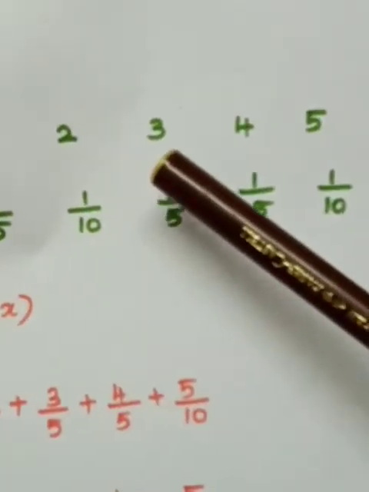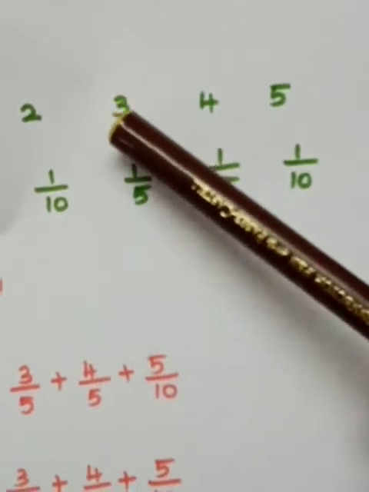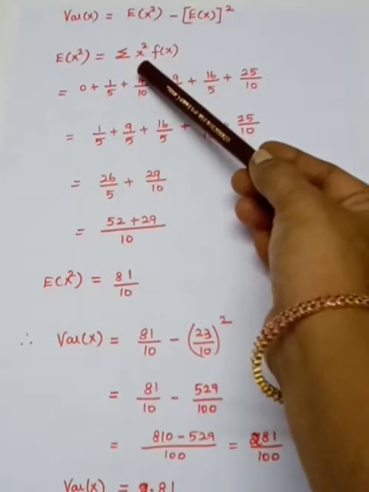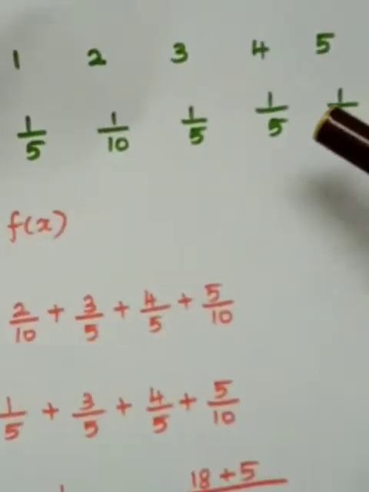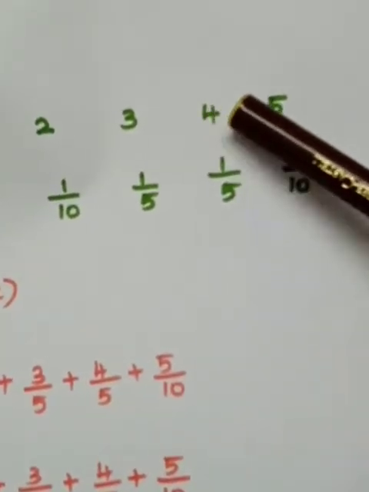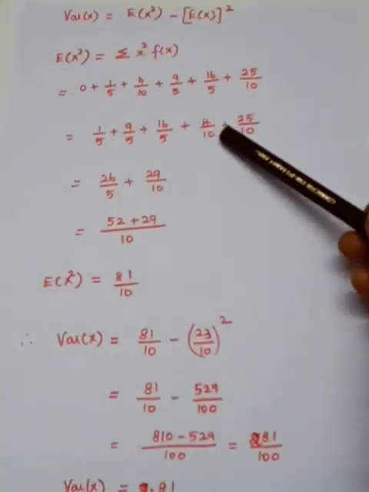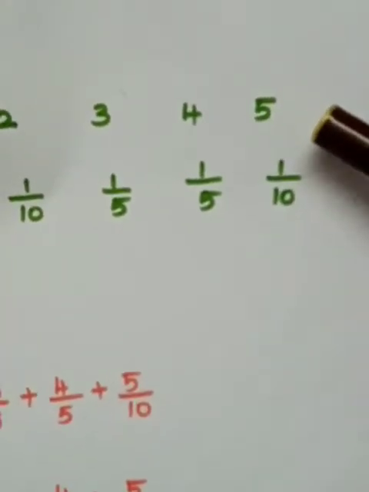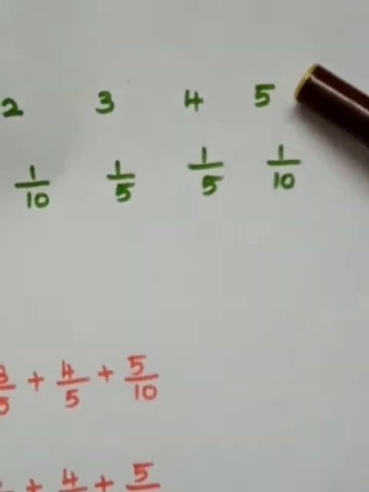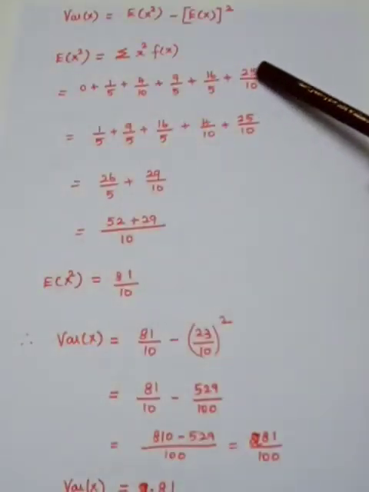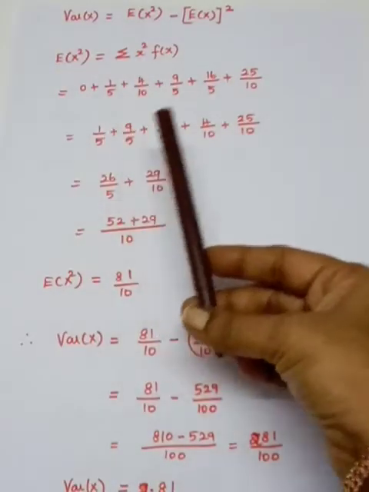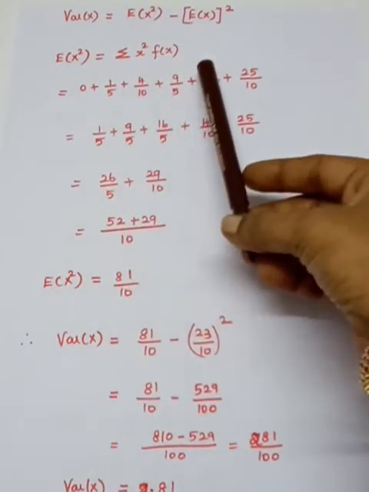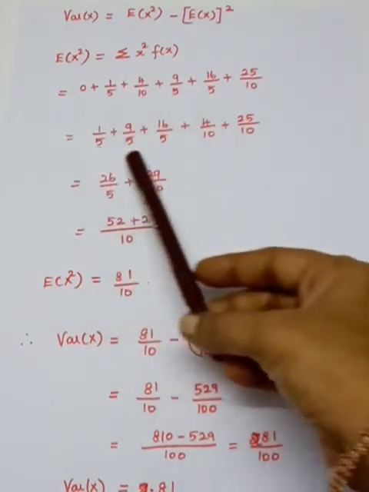Next one, 3. When you square it, it is 9. 9 into 1 by 5. So that is 9 by 5. X value alone you have to square it. So 4 squared is 16. 16 into 1 by 5. Here I have written. Plus 5. So 5 when you square it is 25 into 1 by 10. 25 by 10. So see now here 1 by 5 plus 9 by 5 plus 16 by 5 I have